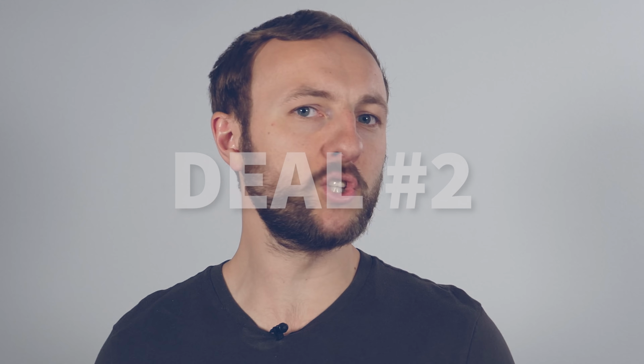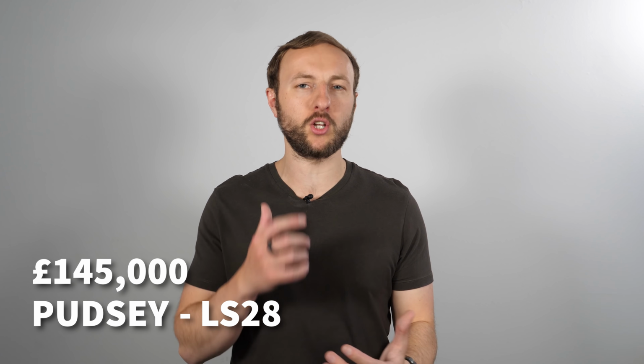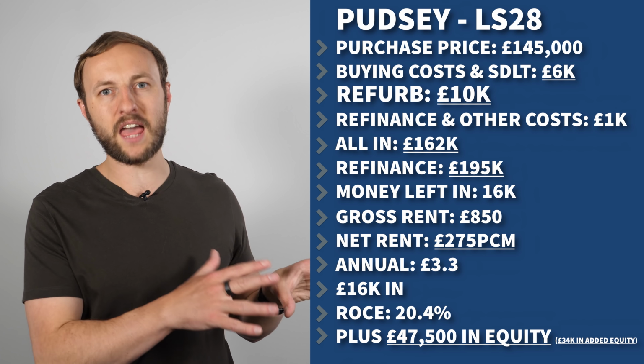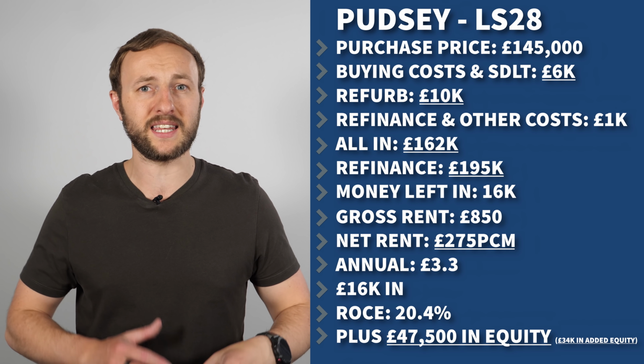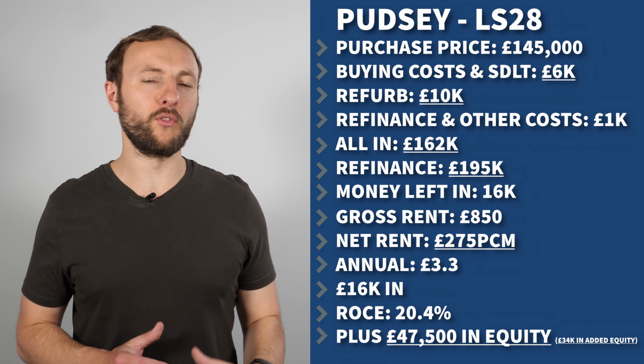Let's move over to deal number 2. The next one is Wade Street in Pudsey, and this is in LS28. It is a £145,000 purchase. This isn't a crazy one, but there is a bit of a refurb that needs to go into this. So I'm going to put £10,000 of refurbishment into this, and then along with my buying costs, I end up all in on this property at